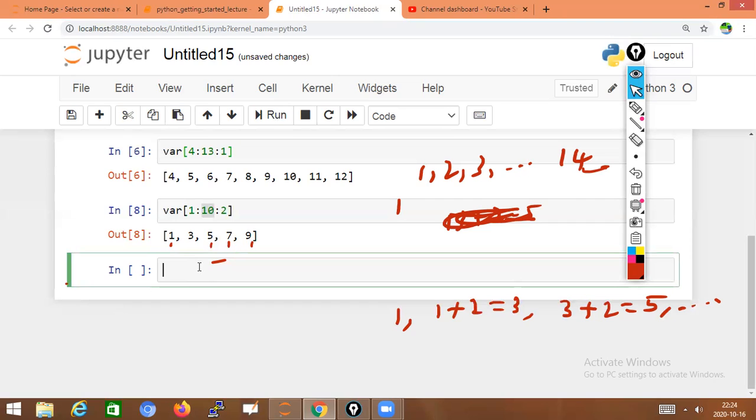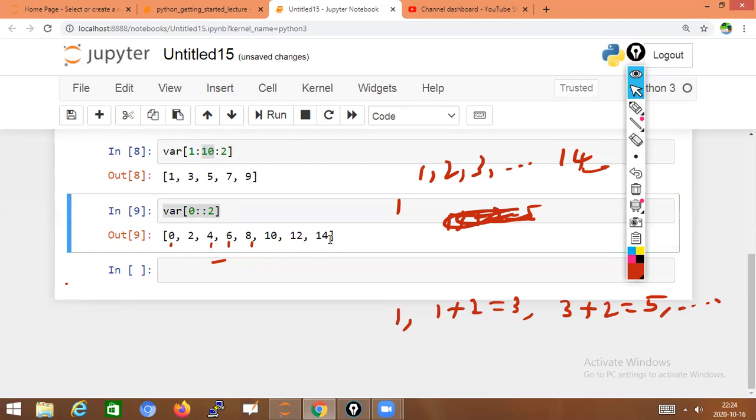Okay, one more example, where I need all even numbers or something like that. 0 is the starting value, the ending value I'm not mentioning, and the increment value will be 2. Okay, so now what will happen? Check it, shift enter. Okay, 0, 2, 4, 6, 8, 10, 12, 14.